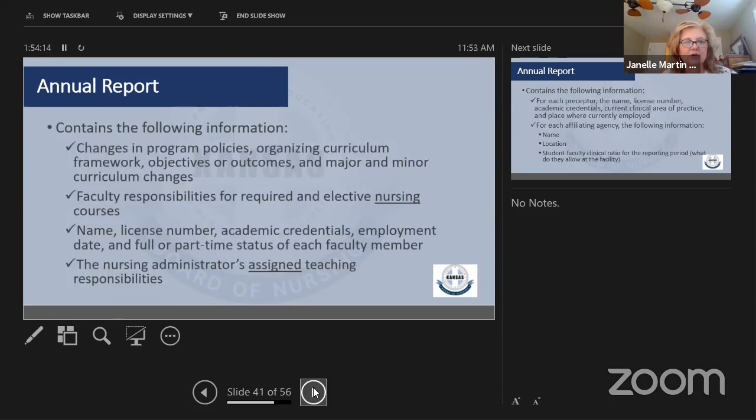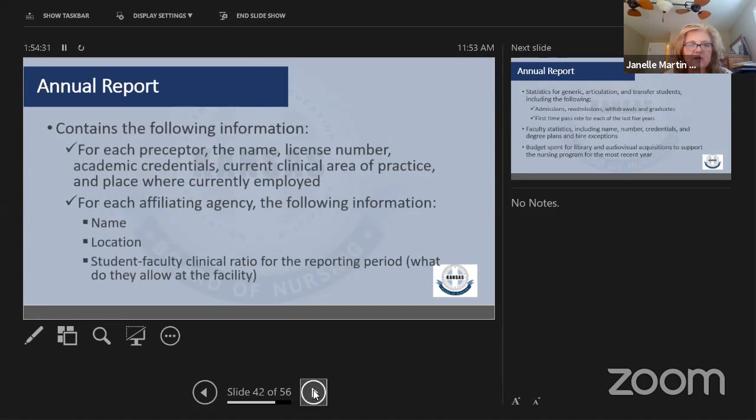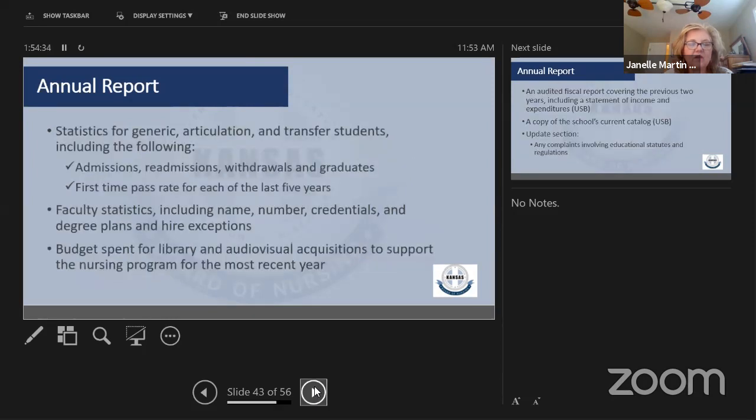Some of the things that the annual report entails, the things that you put in there, are the policies. Those are free form questions. The lists of faculty and courses. I think where we run into more trouble is when we start looking at student data and some of the faculty data and how people are calculating it. I'm getting some discrepancies, where I get a number of faculty that you have, but I don't have enough degrees to go with the faculty.